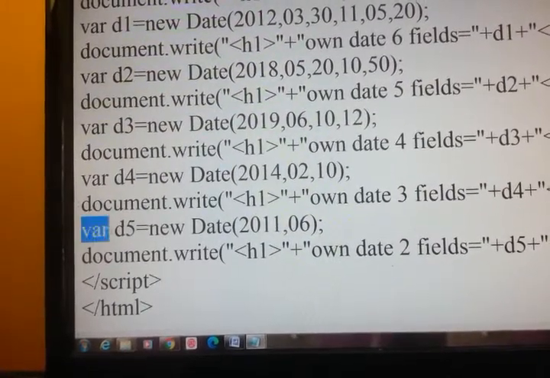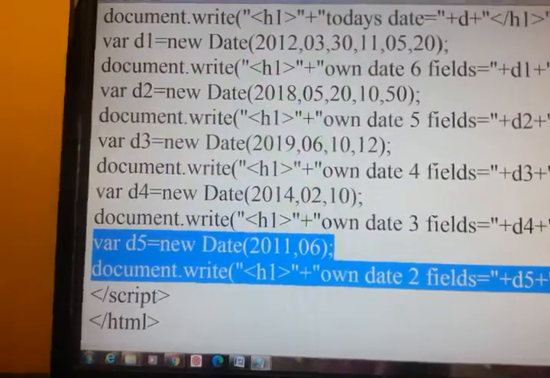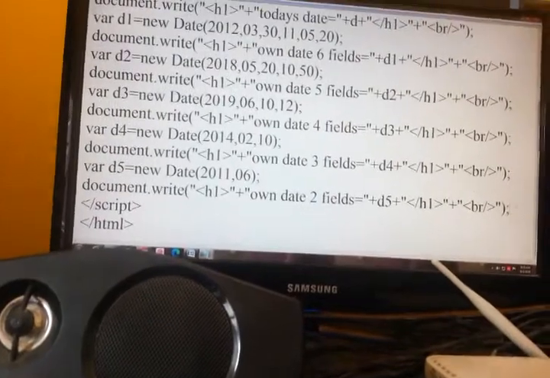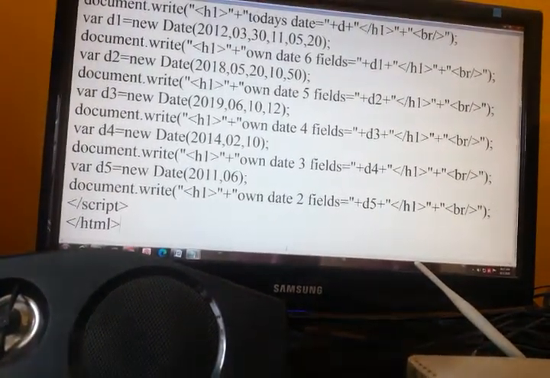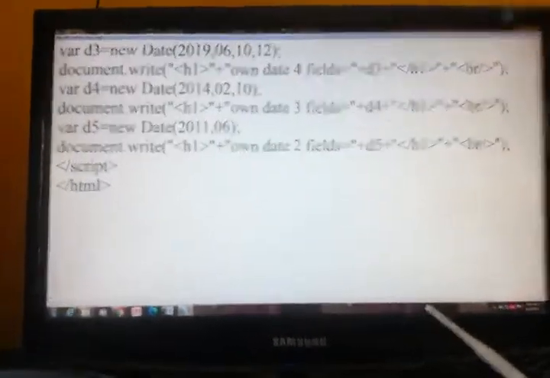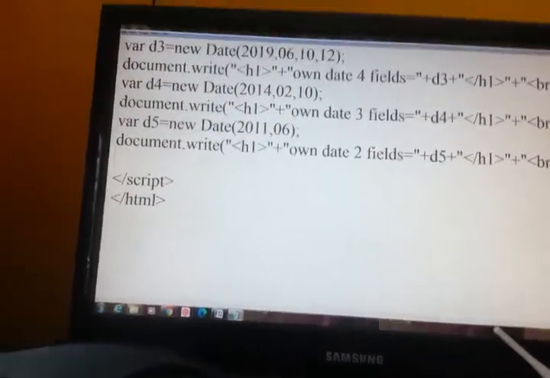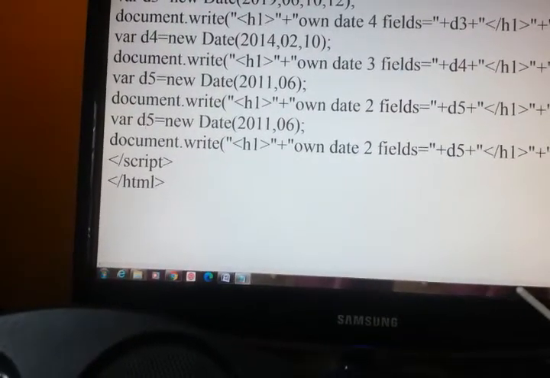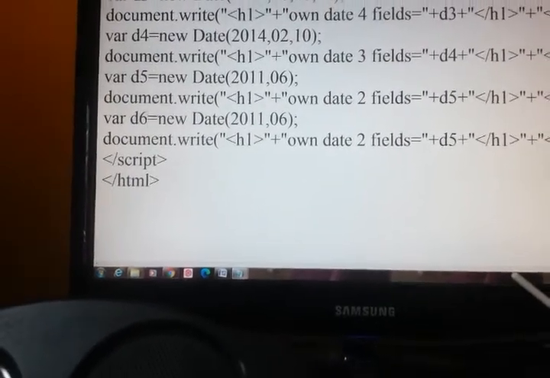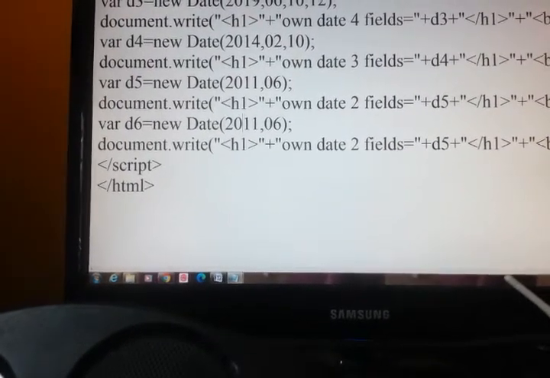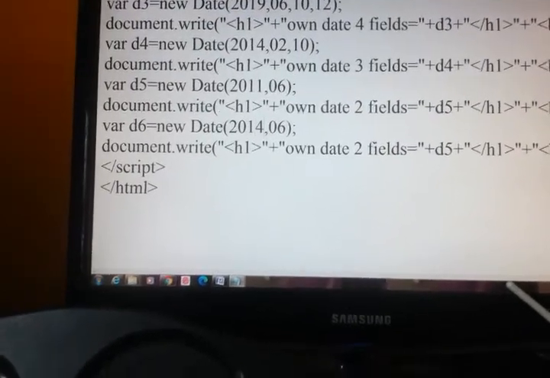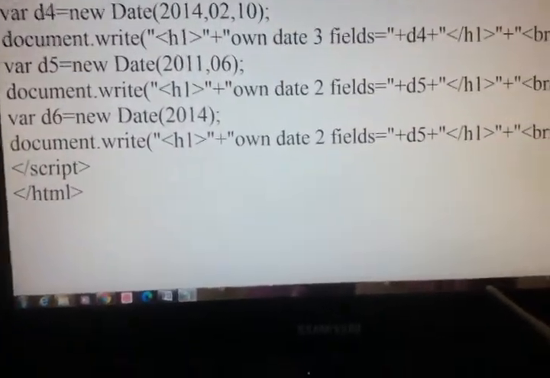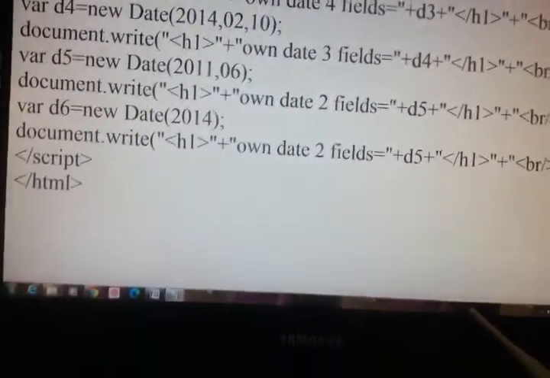Now we'll limit to only one field. Just copy. So I have provided only one field, that is year.